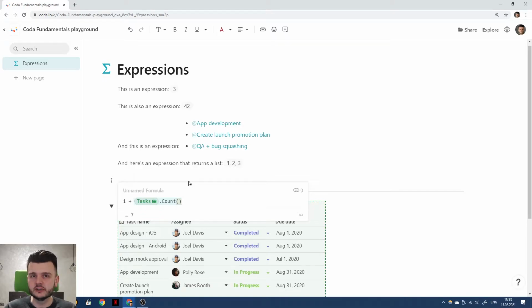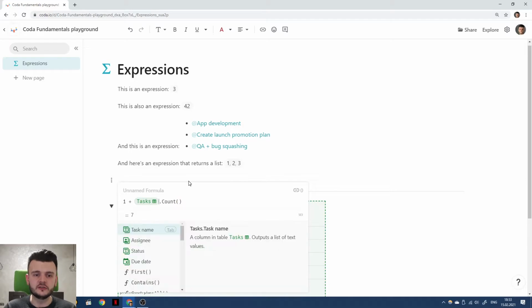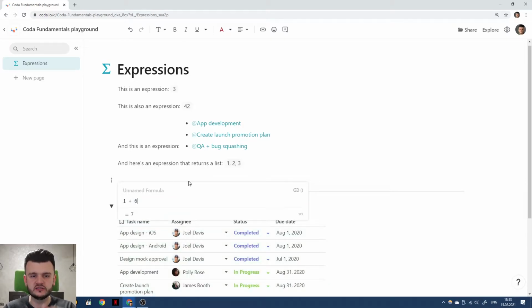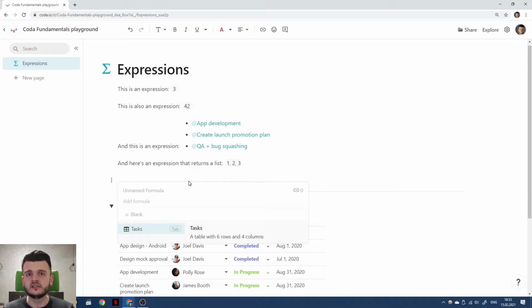This expression returns a number, a value that has a type number. And you can use it wherever you would have just used a number. So you can substitute an expression wherever you have a value, with another expression that returns a value of that expected type. And apparently that's mind-blowing for many people, because what Coda documentation teaches you is that,